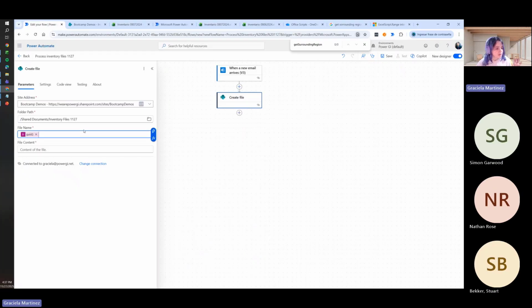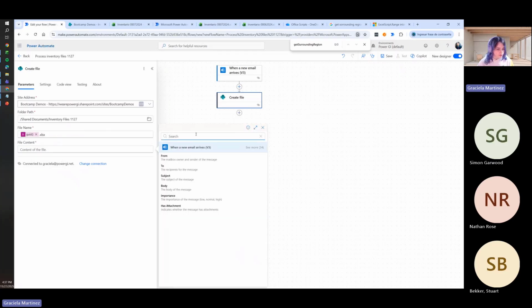So we can just use that because it's random, and that way we'll make sure it will not have any duplicate information. But if not, we can also, for example, just save today's date or something like that. And then we are going to add, it needs to be saved with the XLSX extension. And finally, for the file content, we are going to use the file content that comes from the previous step